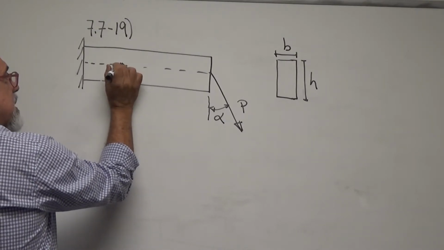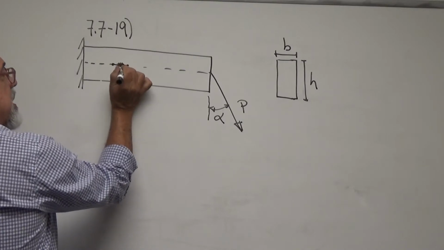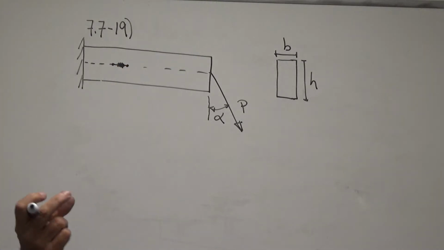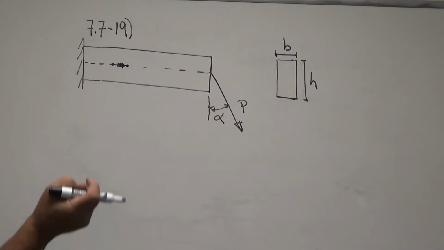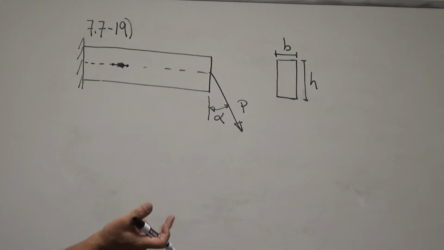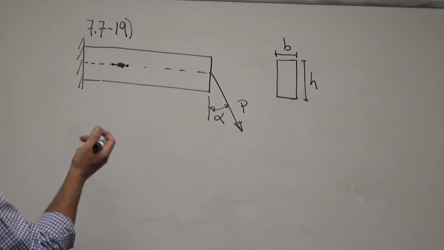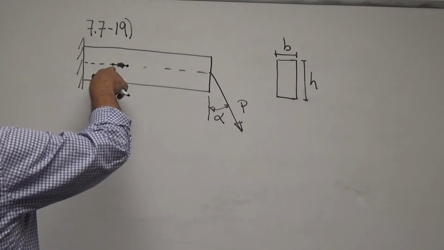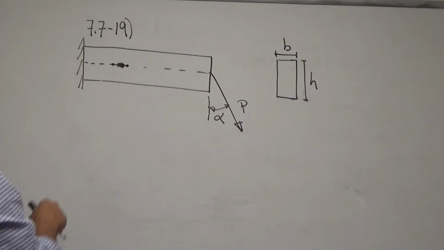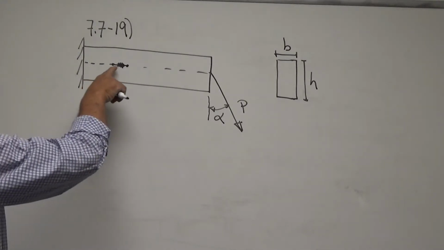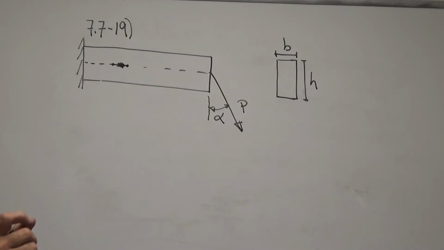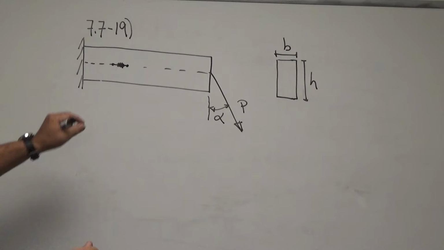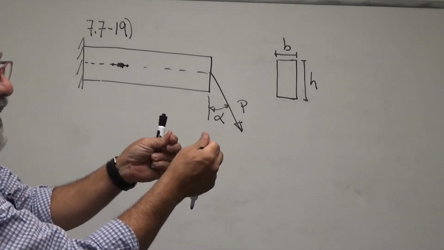strain gauge. Now, a strain gauge is a filament, it's actually a device that we use to measure strains. So all we need to know to do the problem is the fact that I have a measurement device here that allows me to know the strain in the direction of the horizontal axis. In reality, that strain gauge is really a filament in which current goes through, and as the filament gets extended due to the strain,